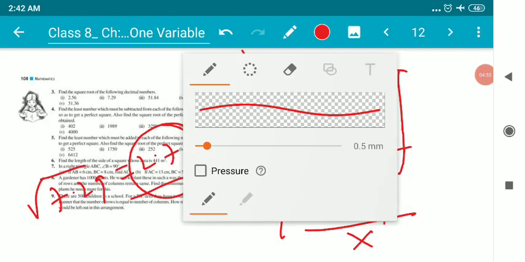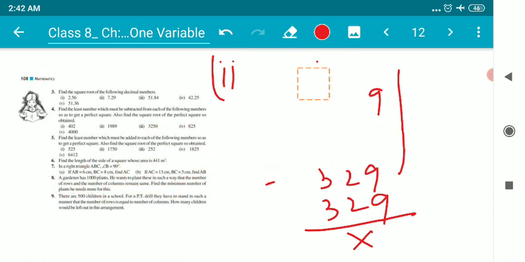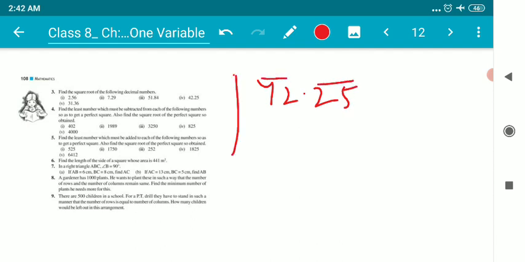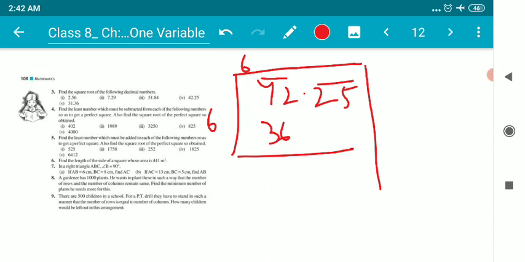Now let us try the last sum of this question. That is very simple. The number is 42.25. Okay, no need to worry. Make pairs. Now children, what I'll take, 6 6s are 36, 7 7s are 49. 6 6s are 36. So 42 minus 36 is how much? 6 only. Okay, now I'll take double of 6, which is 12. 12 is greater than 6.